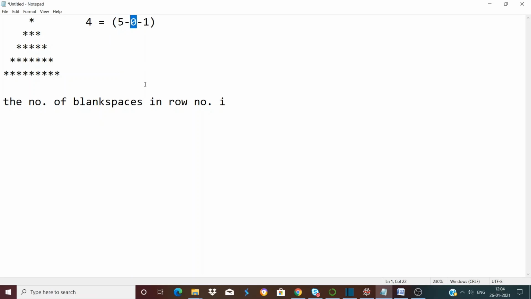And so how can we write this formula? We can write it like this. The number of blank spaces in row number I is equal to n minus I minus 1, where n is, what is n? Total number of rows. Total number of rows is equal to n. So if we apply the formula for each and every row, for row number 1, how many blank spaces are there? There are 3 blank spaces, right? So we can write 3 as